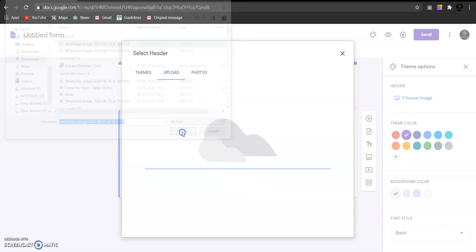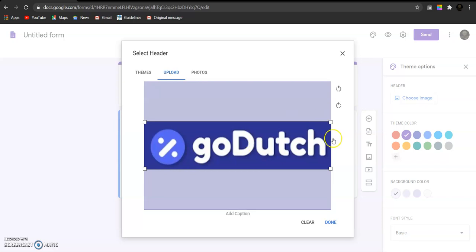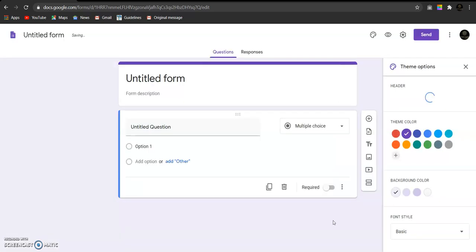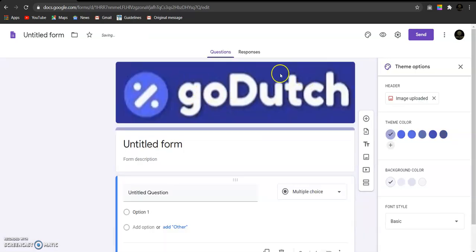Select the image. Once it is finished, click on done. Then your header will look something like this.